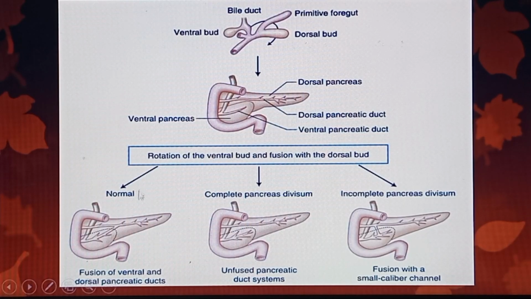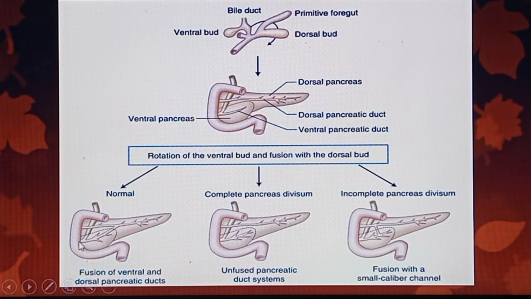So if that happens correctly, then what is going to happen is that it's going to be that kind of correct fusion of the bud together with, of course, the duct systems. Okay, so that's what we can see over here, where you can see that the ventral pancreatic duct anastomoses with, of course, the dorsal pancreatic duct, so that we can have a major pancreatic duct of Santorini,